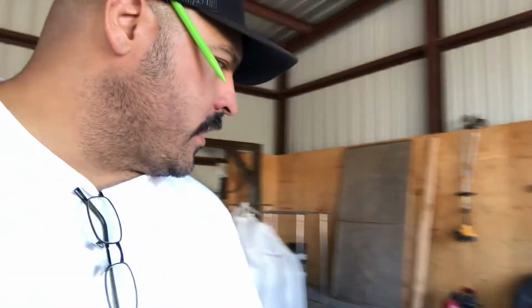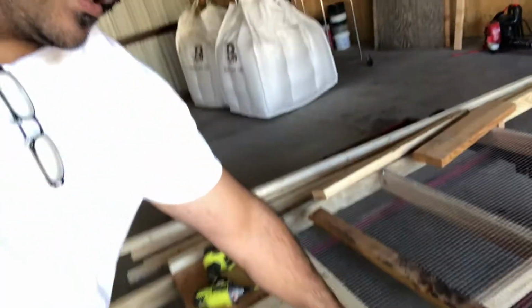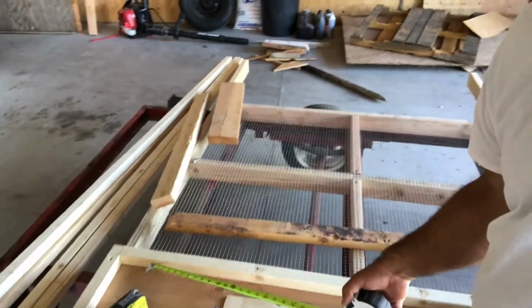So right now, what I'm working on is this piece right here, my nesting boxes. So I guess the rule is about 12 by 12 inches per box. This goes from front to back 16 inches. So it's about 16 inches, and so I have plenty of room. So what I did was I cut this piece right here. I already had this screwed in. Cut this piece right here,